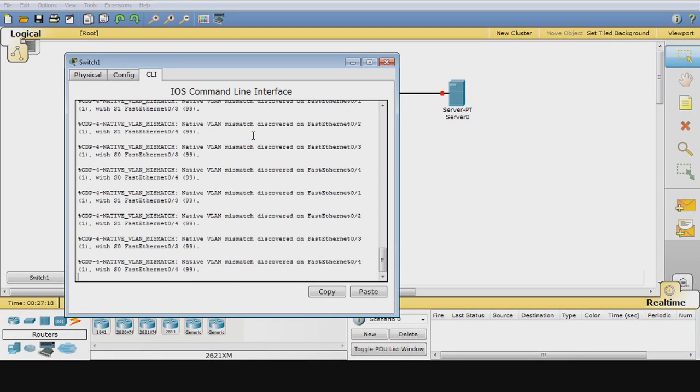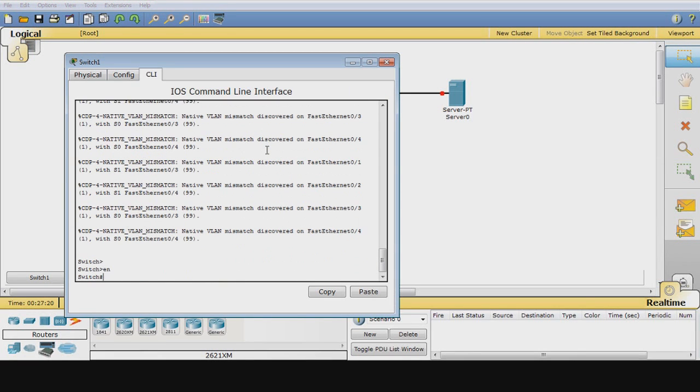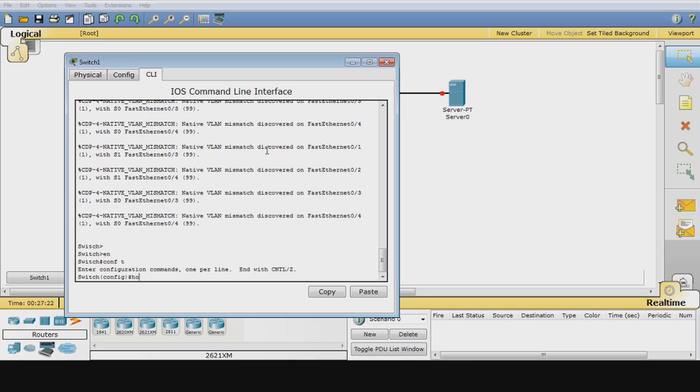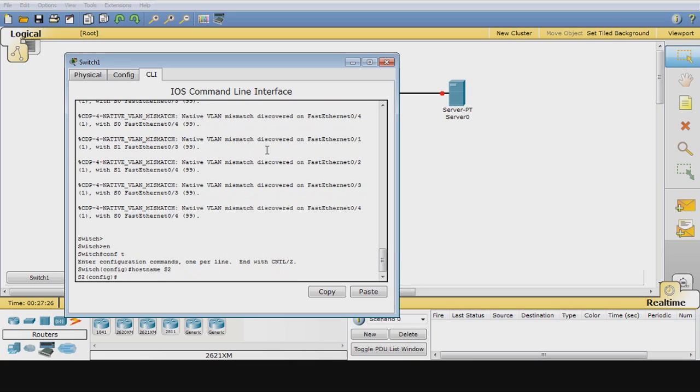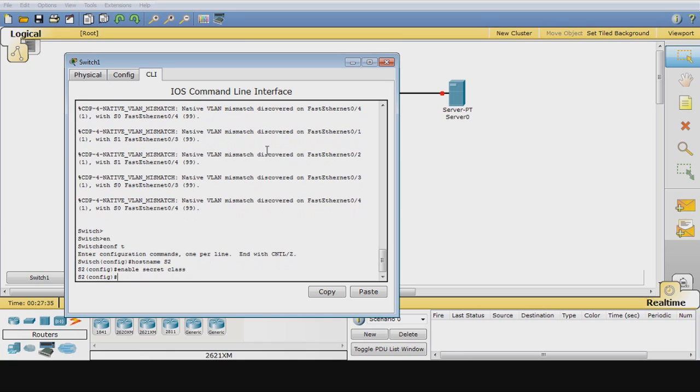This switch here. So enable, conf t, hostname S2, enable secret class, no ip domain-lookup,